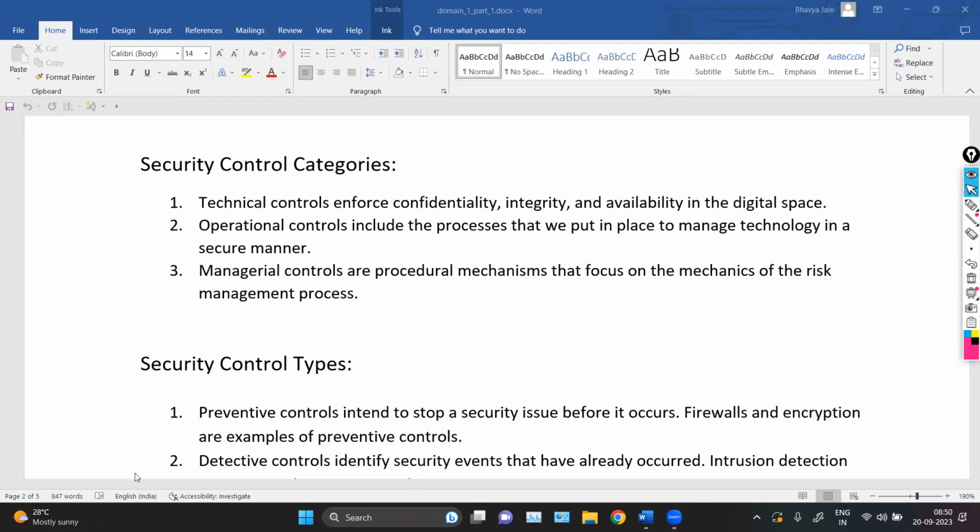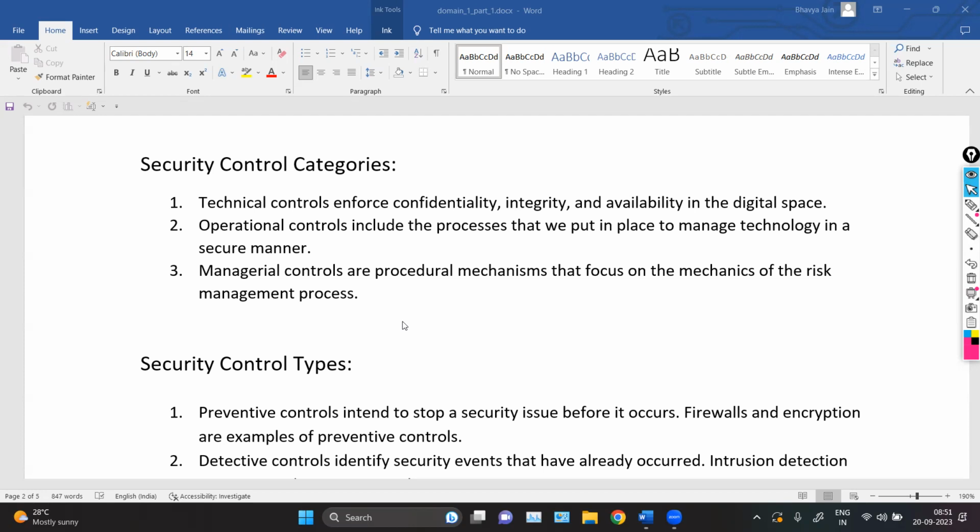Yeah. Now we can continue. Operational controls are where we are putting the processes together to protect the company or protect the security systems. They are more about ensuring the protection of the systems and the servers, so that we can perform our day-to-day operations, as well as manage the technology which contains our information.